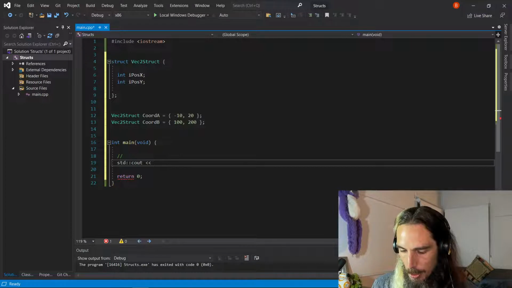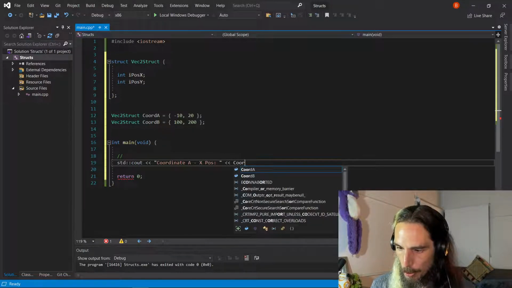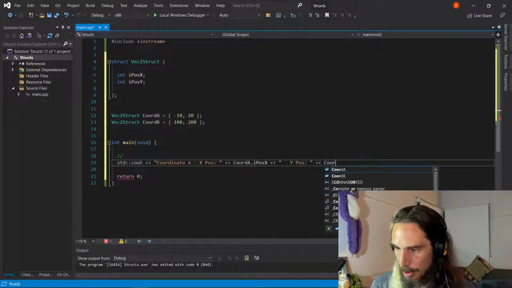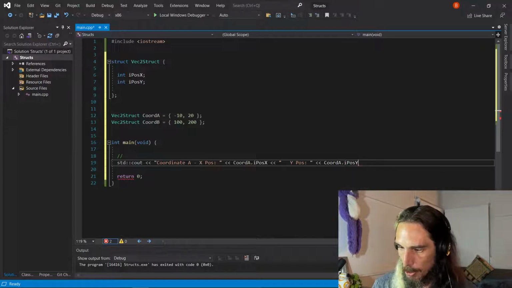So we'll just go coordinate A, X position, and we'll go coord A, and then I'll put a dot, which gives us access to the members of that structure, and we'll go ipos X, and then we'll go Y position, coord A ipos Y. And we'll chuck an endl at the end of that one,